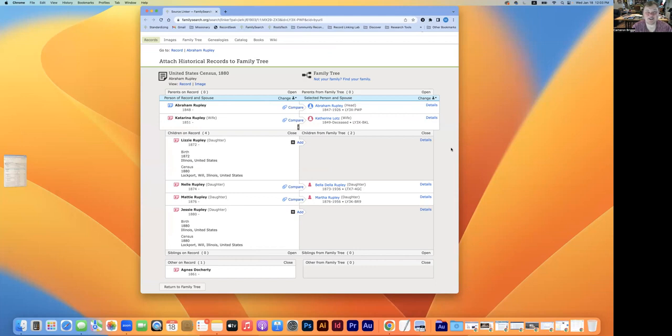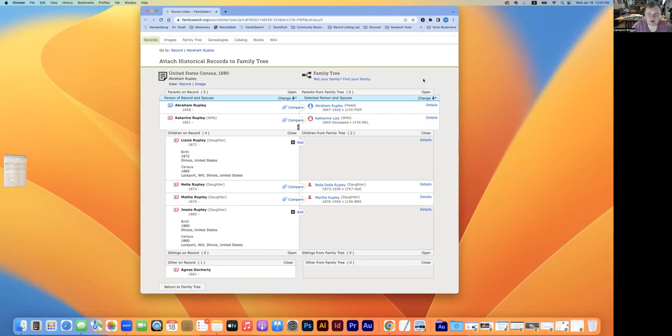Hi. So now that you are an expert in SourceLinker, it's now time to learn a handy tool with all of its different functions that can help you speed up the process, let you do what you do best, and let the computer do what it does best, and to more accurately see the full scope of these records that we are attaching. So there's another video that I've got about how to install the Goldie May extension in Google